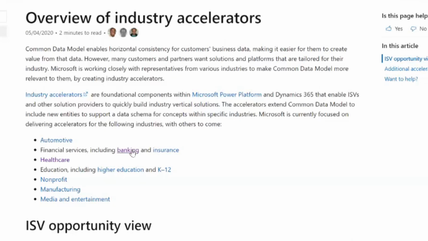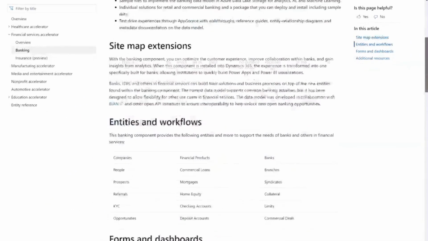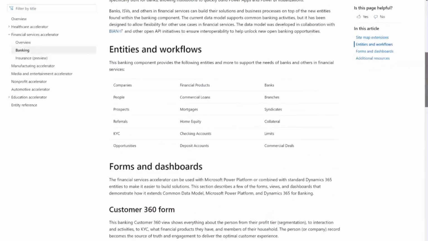For example, if you're looking at the banking industry, maybe, then they have several pre-built entities and workflows that break things down into things like companies, people, prospects, referrals, opportunities, financial products, commercial loans, mortgages, home equity. You can see how they've broken things out. And I just think they're good examples of the types of tables you might want